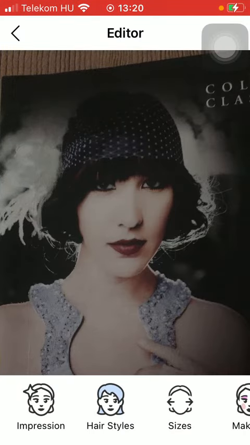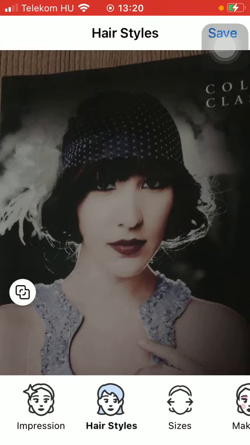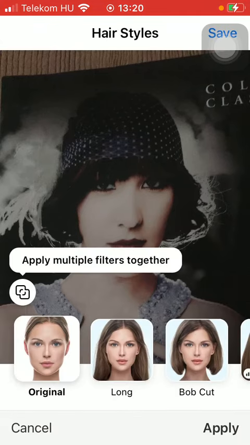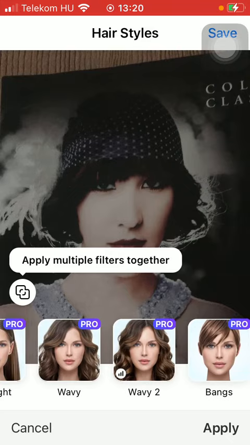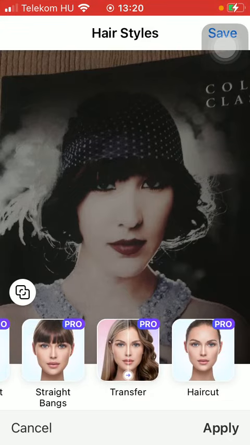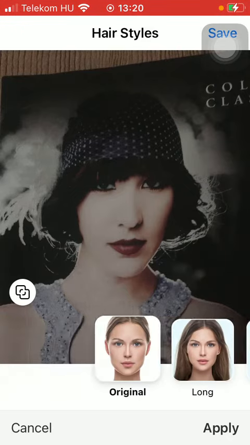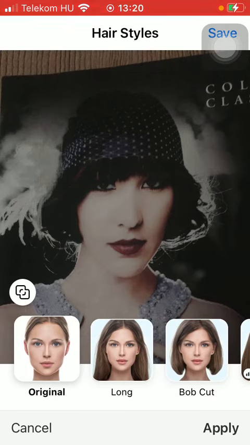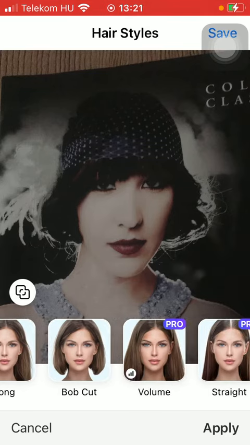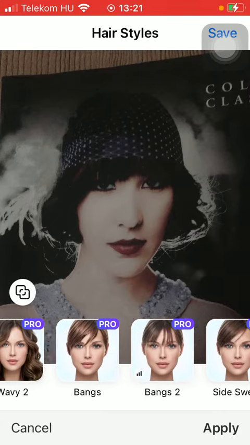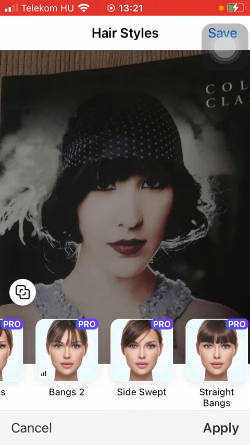After that, click on the second button down below, which is the hairstyles option. If you slide to the right side of the screen, you can see that you have many hairstyles that you can try out on your photo. The first three are available for everyone, but if you go further, you can see that the other options are only available to